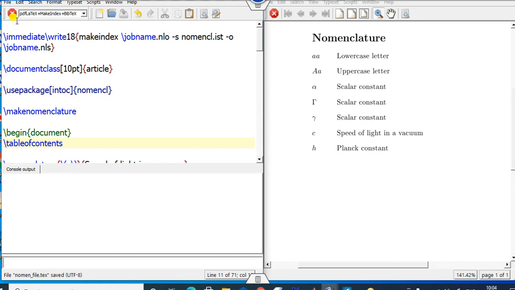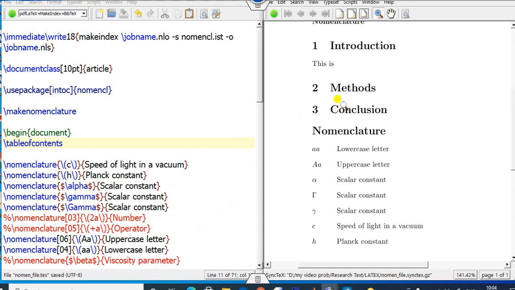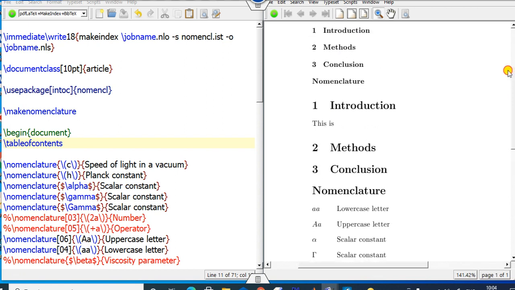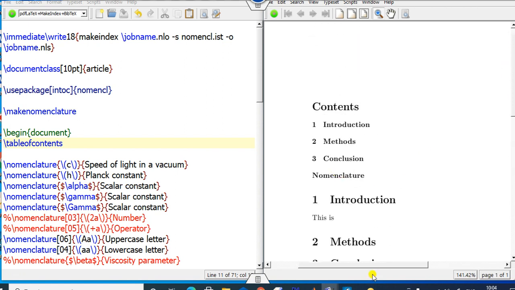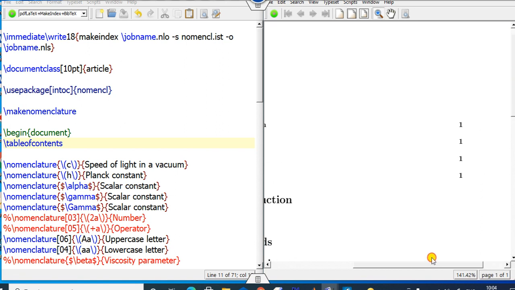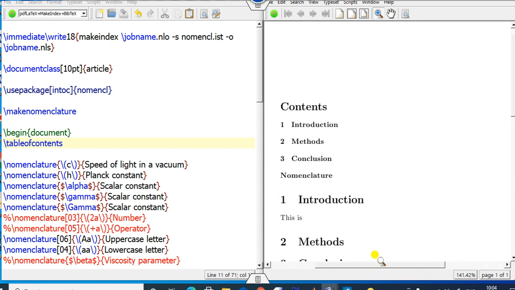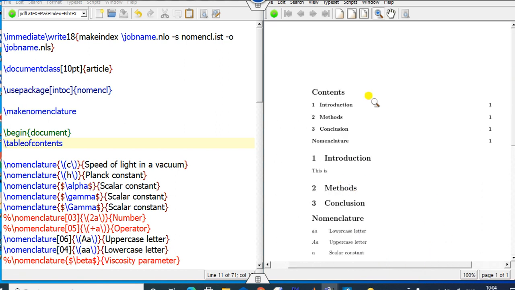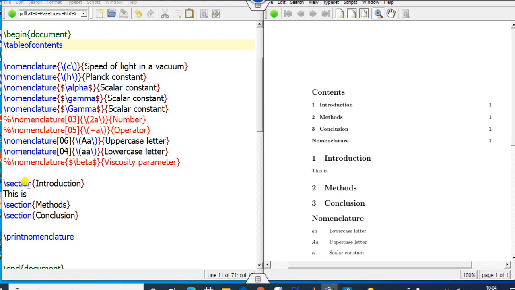If I run this file, you can see the output now. Look at that, nomenclature here, and the page number 1 appears in the nomenclature side. You can see nomenclature 1, introduction, whatever I have defined here, section 3 sections, and so on.